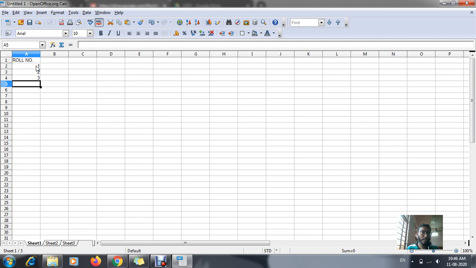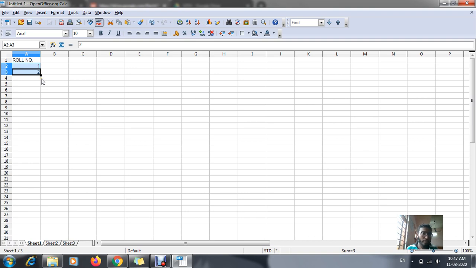What I will be doing, just select 1 and 2. Now take your mouse pointer over here. You can see there's a small change in your mouse pointer symbol.